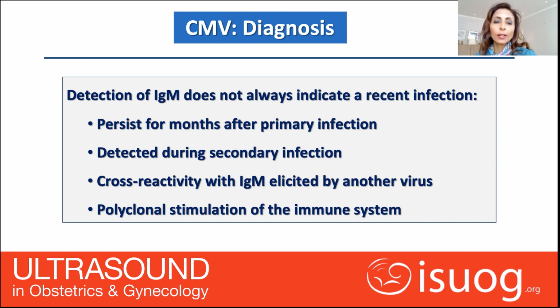Why don't we rely on IgM antibodies to indicate a recent infection? Because it can persist for months after primary infection. It can be detected in secondary infection. It can be positive as cross-reactivity with another virus infection, and also could be elicited by polyclonal stimulation of the